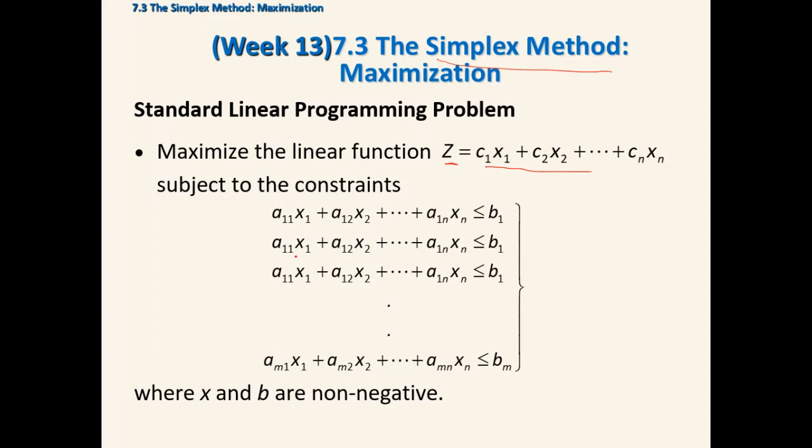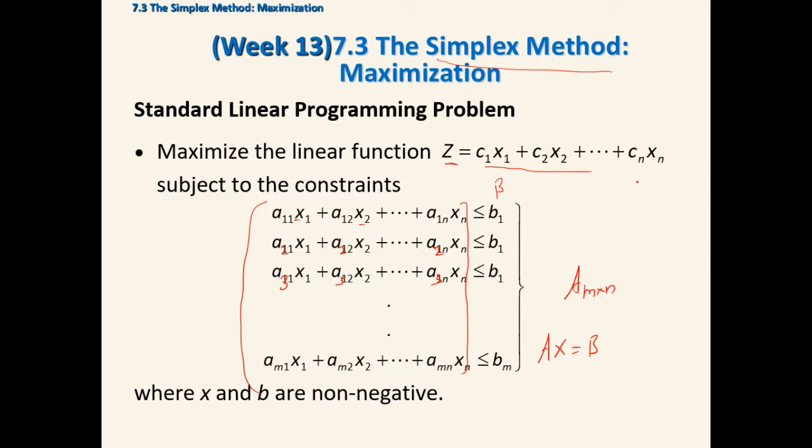There are m inequalities. This is a11, a12, first row, a21, a22, a2n. This should have been a31, a32, a3n. Therefore, am1, am2 to amn. The matrix A will be an m by n matrix when you collect all the coefficients. Isn't it? And the right hand side will be another matrix B. So this is nothing but Ax equals b. X is the collection of all variables x1, x2, xn.